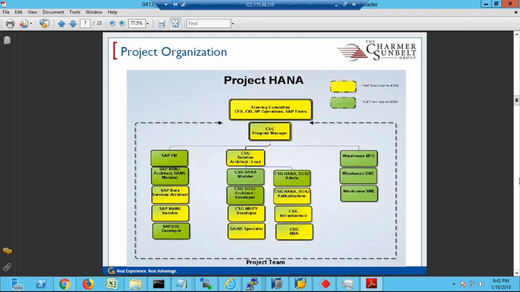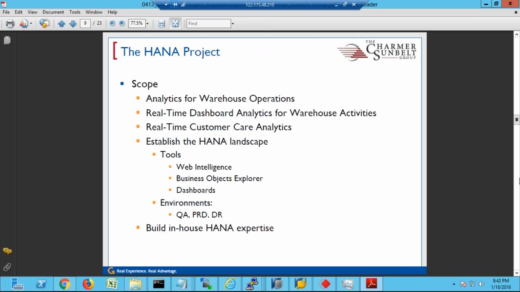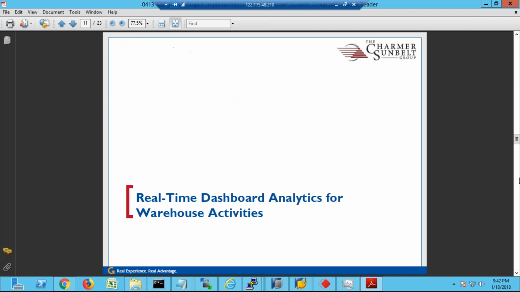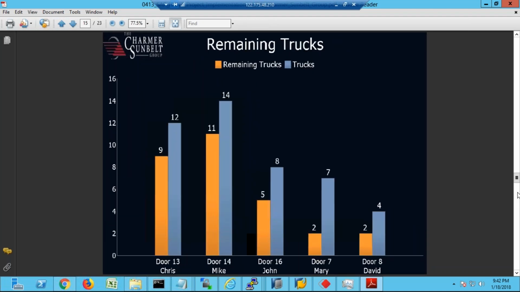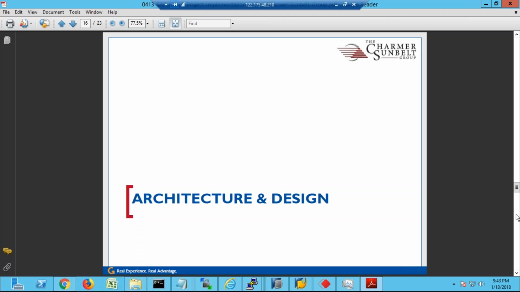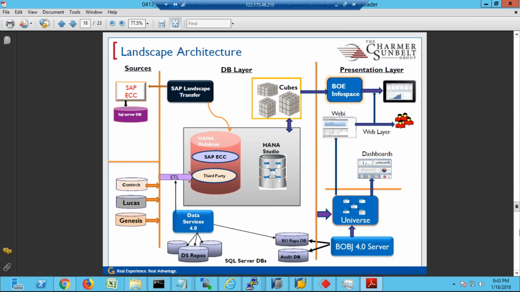The purpose of using this SAP HANA database in this company is that they want to use HANA database for analytics. So look at what they try to do here. Later on, we are going to discuss these detailed landscape architectures, but try to understand this. What they're trying to do here is, they set up HANA database here,